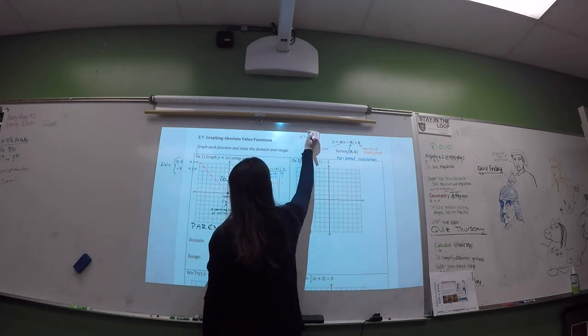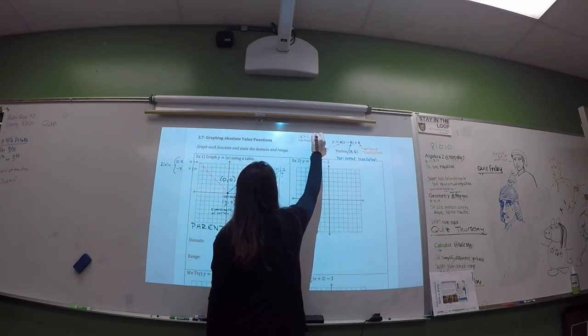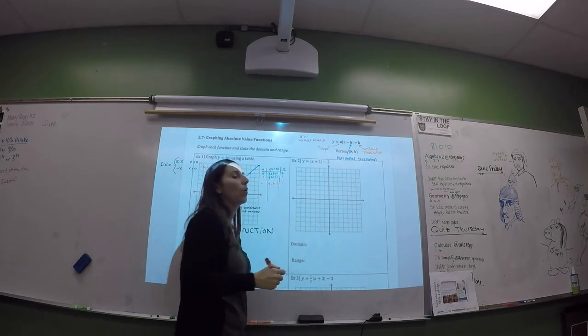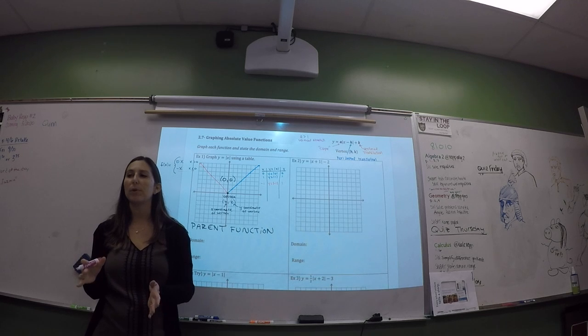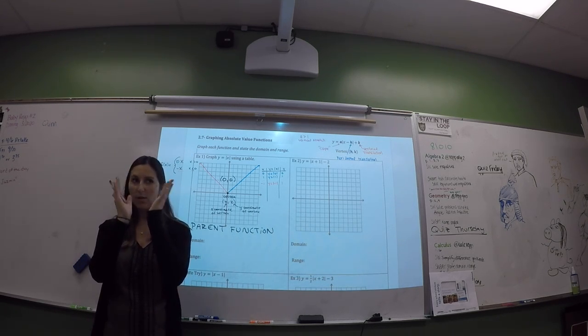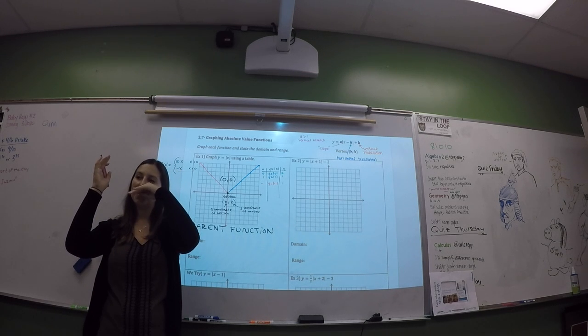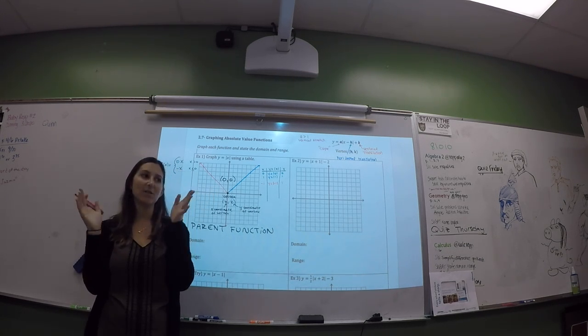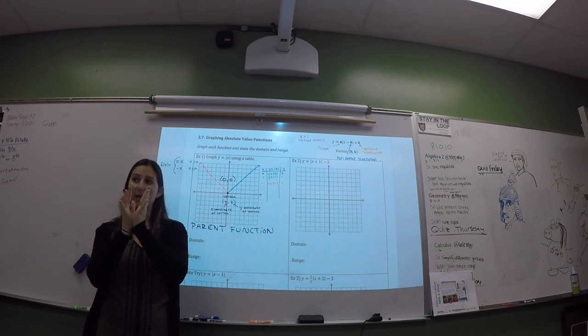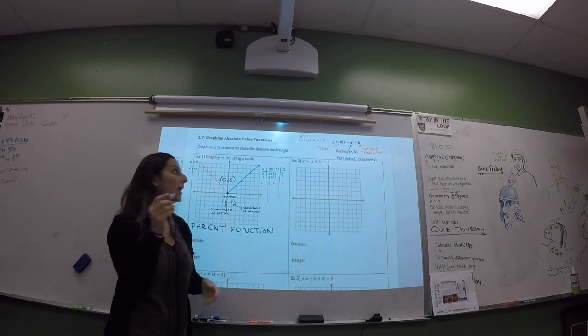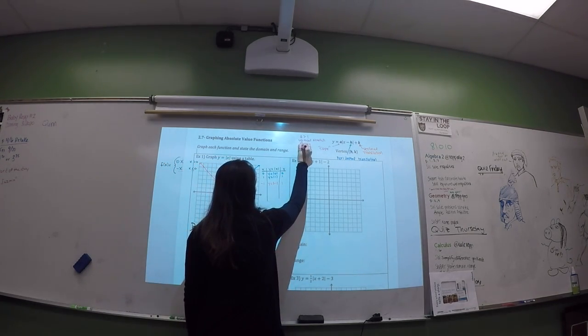So we call that a vertical stretch, or you might see it as a horizontal compression. So it's like compressing it horizontally, or it's like stretching it vertically. So we use the word vertical to stay consistent. So it's like a vertical stretch when it gets skinnier. If A is a fraction, like